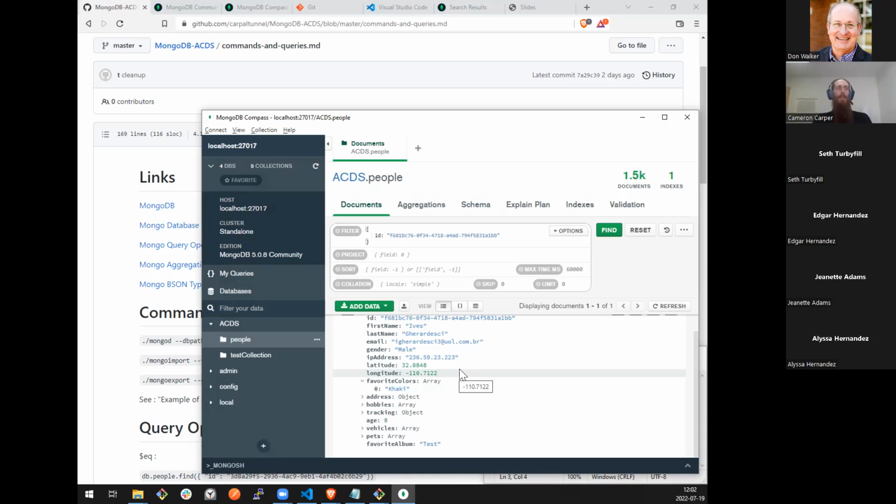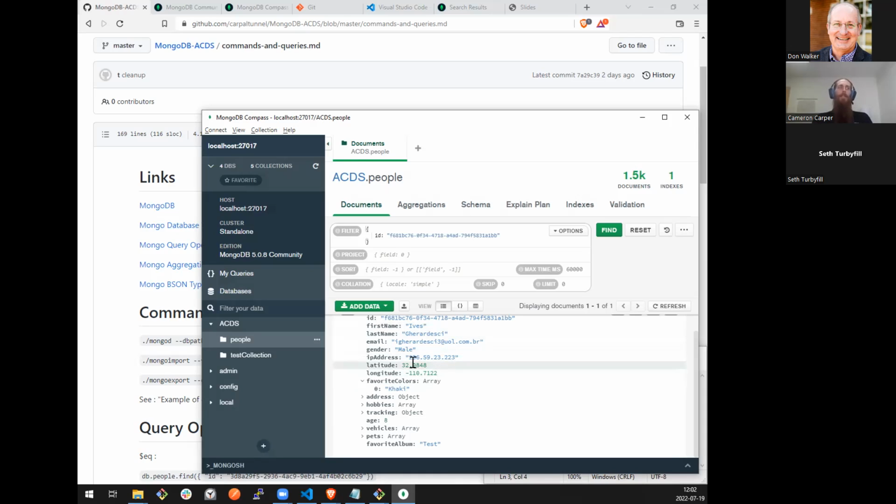So since I know all of my data looks like this because that's how it was generated, I need to modify every document in my collection to create a new field, we'll call it coords or coordinates, that is an array, and it contains the value that already exists in latitude as one item and the value that already exists in longitude as the other item.